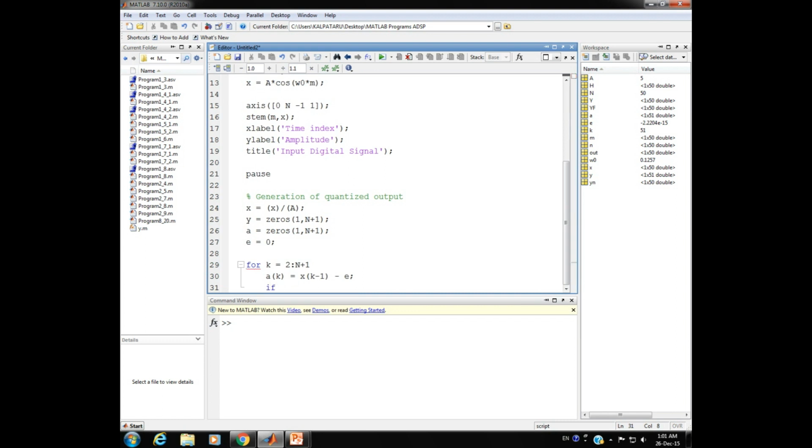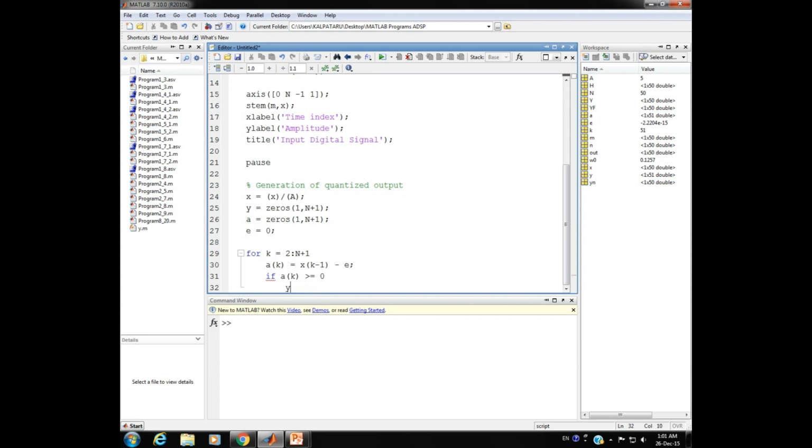Now making use of an if else statement here. So with the if, we have to put the condition: if a of k is greater than or equal to 0, this is the greater than or equal to sign here. Then for the output, y of k should be equal to plus 1.